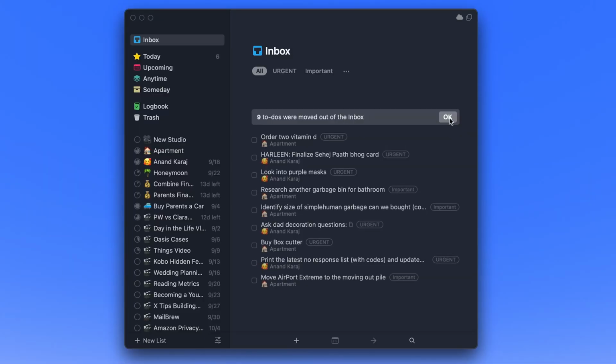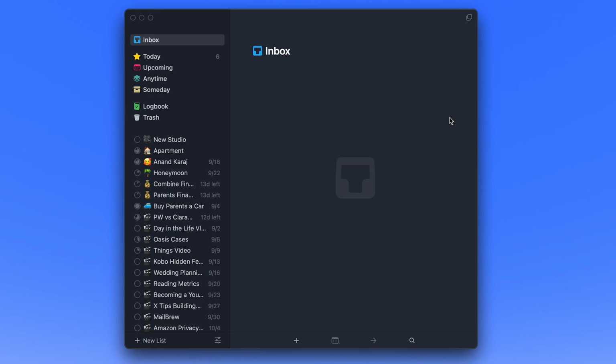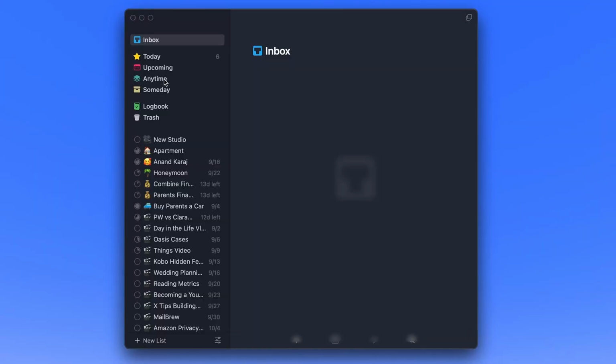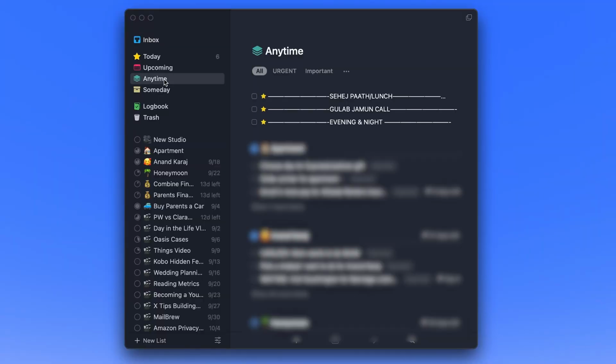Okay, so I just finished tagging and assigning everything in my inbox. Now what I would be doing is assigning some tasks for the following day. And the way I do that, I go to the Anytime section, because all my tasks that don't already have a date are already in this Anytime list. This is a master list of everything that isn't assigned a date yet.